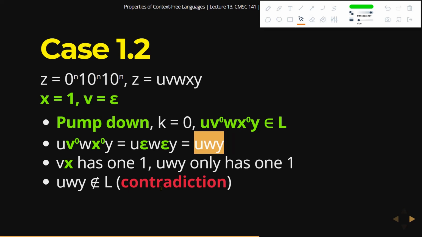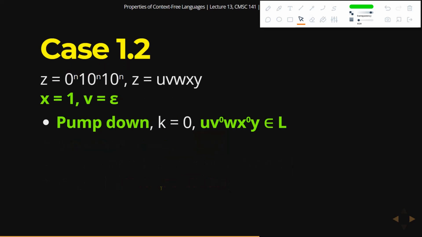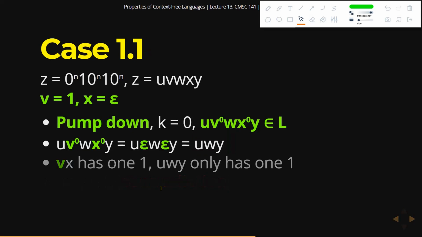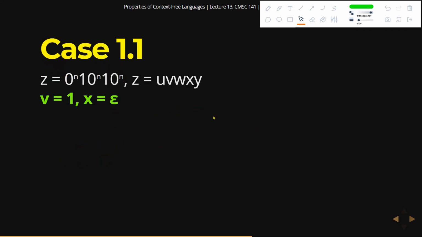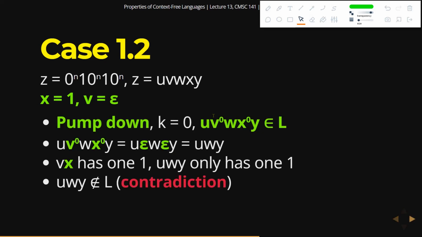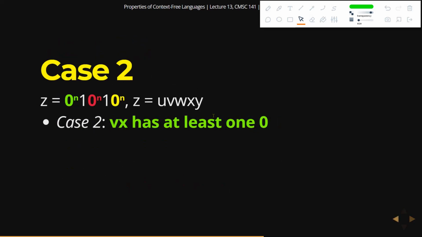But is that it? Well, no. That's only the first case. Okay, so what is this first case? The first case is if vx has no zeros. But we still have the second case. And that is, what if vx has a 0? Okay? Well, if vx has at least one 0,